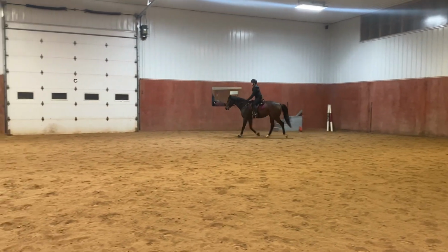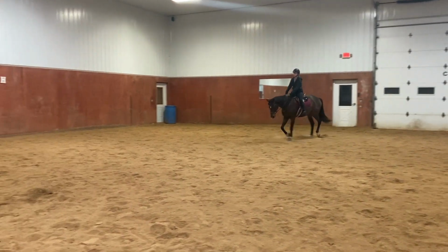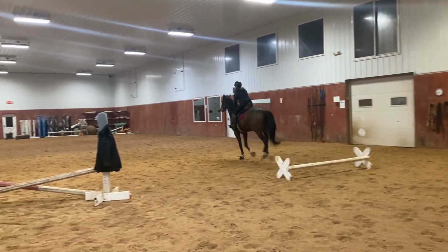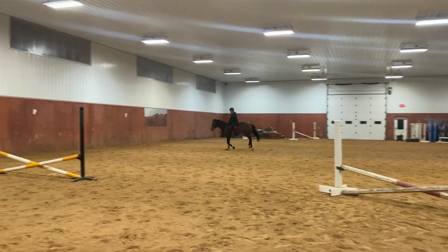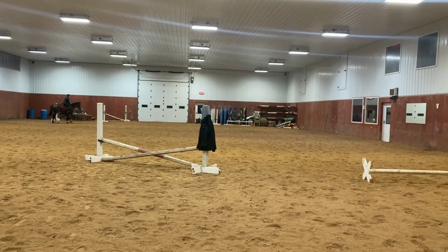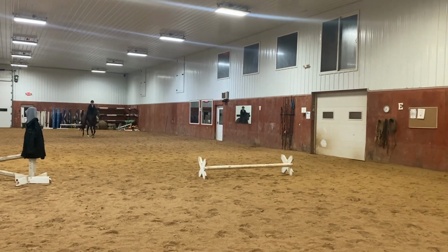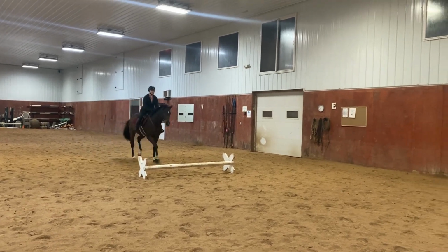So here he's still getting a little anticipatory in the corners. I'm just waiting for him to come down, and that was a really nice corner. You can see he still perks up. I think he does enjoy jumping, so got a little bit of a weird step there. And you'll notice we do turn right after the fences. And although I don't like making that habit for horses, you will see a few times here why we do that. I'm trying to just keep him really calm, keep his mind in a good place,